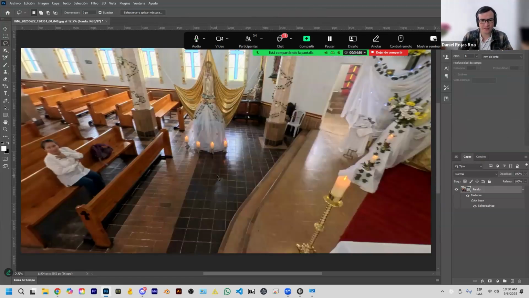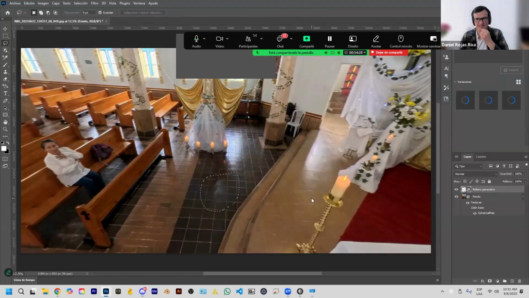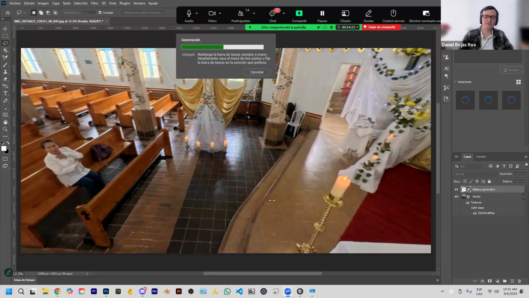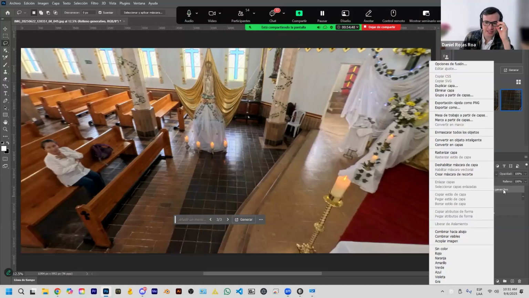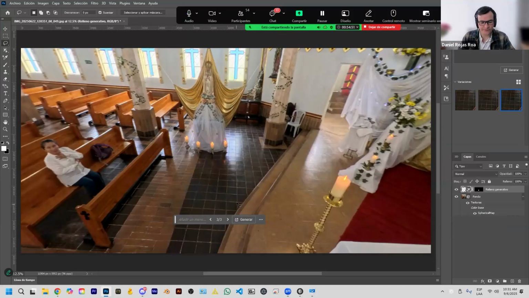So with this, you can, for example, select a region, and here you can use AI generative fill, and you just say generate. And if it works, it will go to the cloud and make its magic, and it made it. Yeah, it gives some solutions that you can choose from. You can see, but the important thing is to say merge down here, because if, for example, you move yourself, if you move,